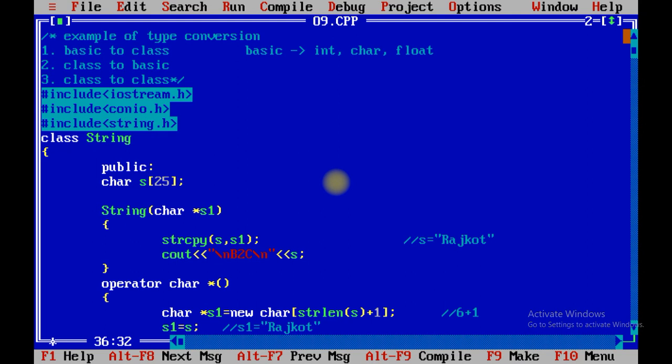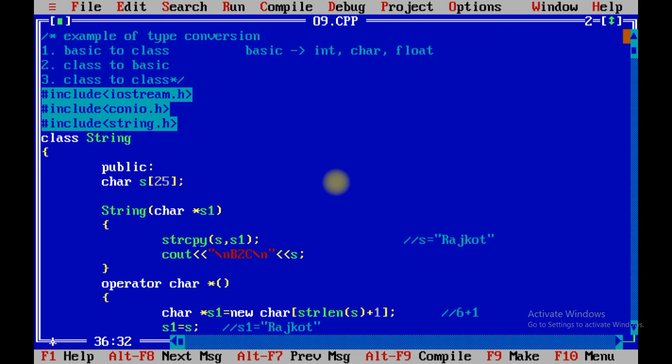Remember one thing, that basic is nothing but the inbuilt data type which is given by the C language or C++, that may be integer, character or float. So we are going to convert this particular basic data type into the class type. In the reverse operation, we are going to convert class type into the basic type, and we have taken string and integer both as classes.